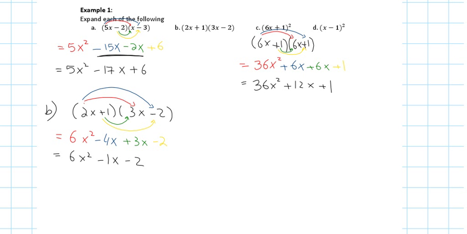Let's do D together. X minus 1 squared, what do I write? I write x minus 1 twice. And then x minus 1. X times x. X times negative 1, minus 1x. Minus 1 times x, minus 1x, and then negative 1 times negative 1 is plus 1. So to collect like terms,